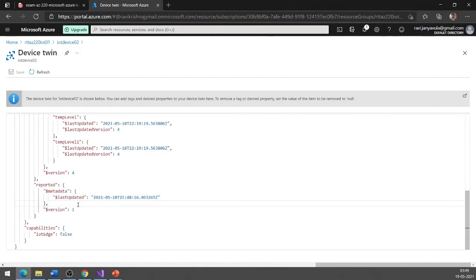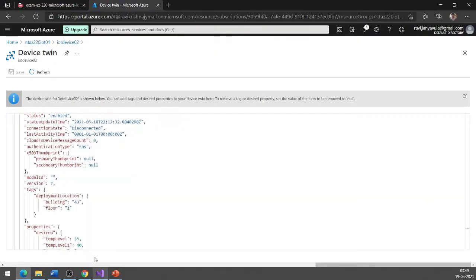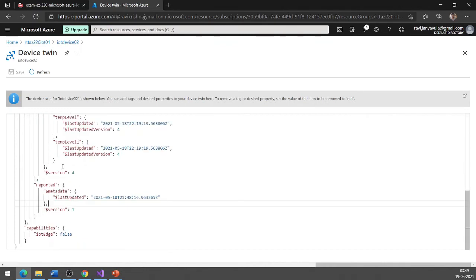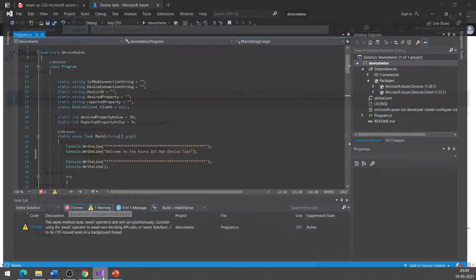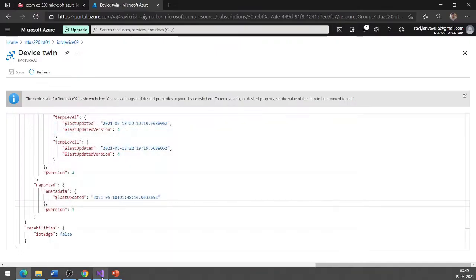Okay. So I have created a sample application which takes in the IoT Hub connection string and the device connection string. Whenever we are updating something in the desired properties here, the desired properties will send a notification to the device. That device notification we will be able to see in this simulation program. So I have just created a device client. Whatever happens at the device level, we will be able to see using this program.